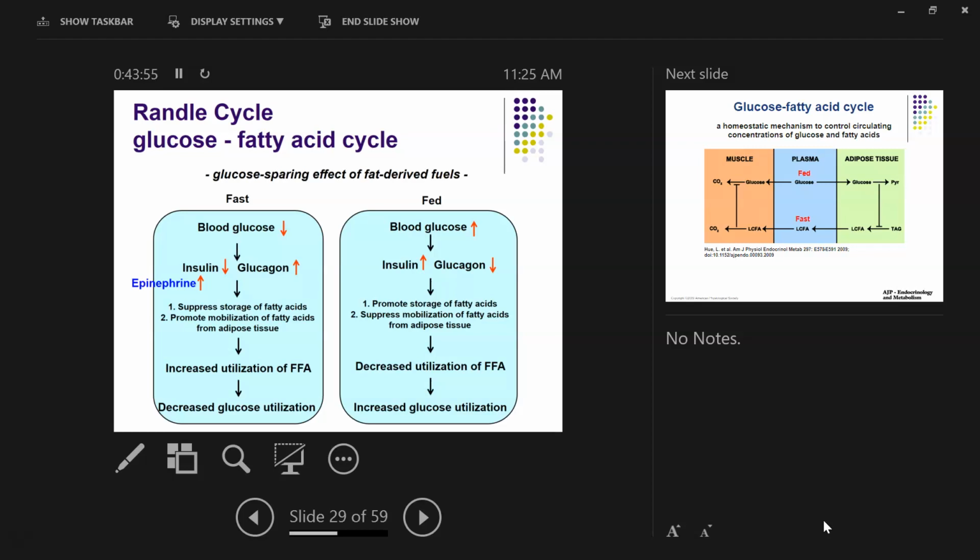So the Randle cycle is also called the glucose-fatty acid cycle, right? And the purpose of this cycle is basically the effect of glucose sparing. So fatty acids have a glucose-sparing effect. That means when we utilize more fatty acids, we can save glucose, inhibiting glucose utilization to save glucose. So if you look at the fed condition, when we have lots of blood glucose from the diet, we stimulate insulin release and inhibit glucagon